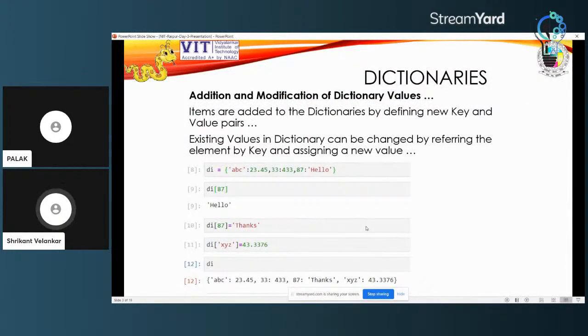Okay, so that is what is in these slides. As I said, all the presentations will be available with you, so you can have a look at them. Some examples are given in there itself, but I am also going to share with you all the programs, and therefore you will be getting those details which are related to dictionary.